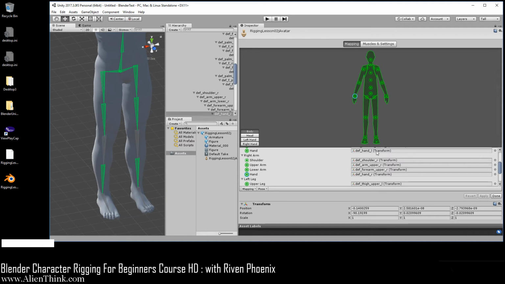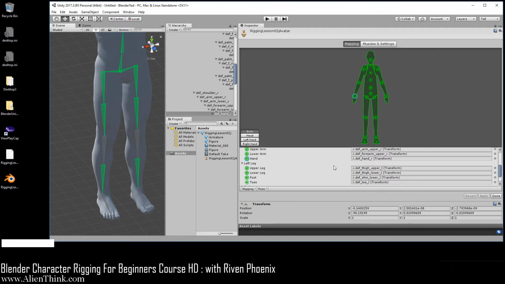Okay, so we're going to scroll down over here a bit with our middle mouse button. Let's take a look. Upper thigh, it got this correct, but it didn't get this one correct. This actually should be this bone over here. It has to skip this bone. So let's see how to correct this.